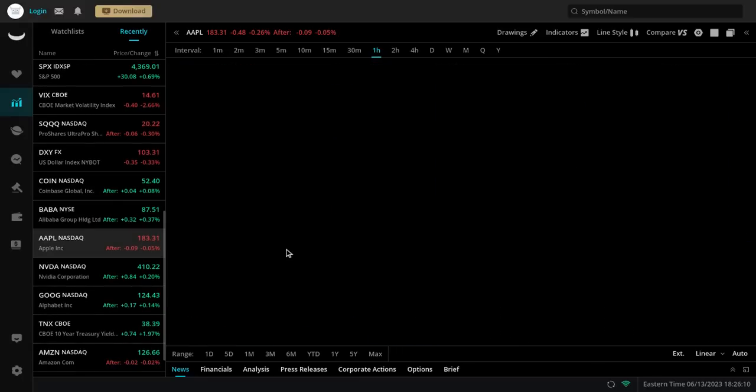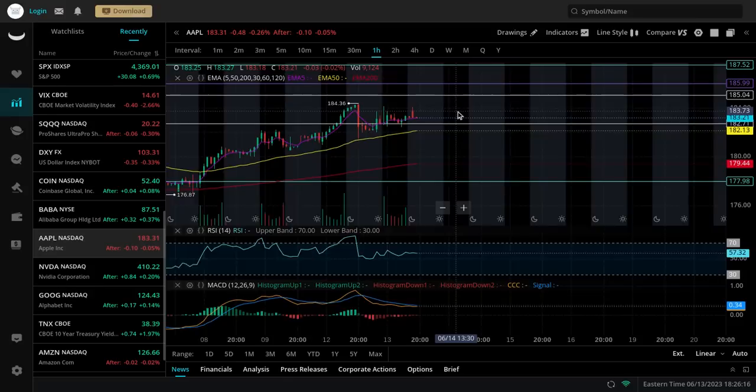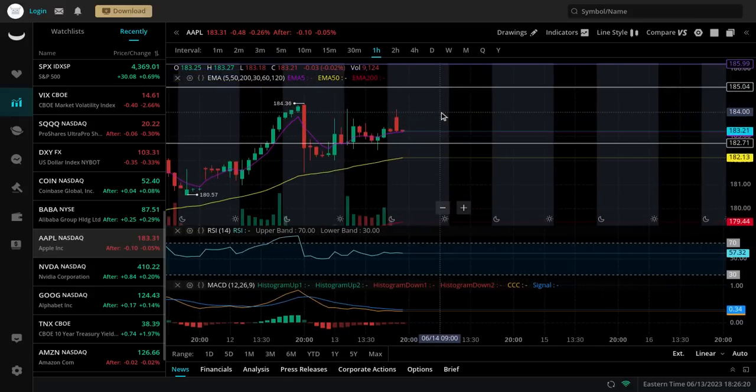For Aapl, if we get some very bullish news, it has to break above 185. If it breaks that, we could see some unmarked territory at 186 to 187.5, or even higher than that. If Aapl gets the rug pull thanks to the Fed, it's going to come all the way down to 182.71, then 182.5, 182 flat. We have a lot of support in these areas. That's where the 50 EMA happens to be. And if it breaks below that,